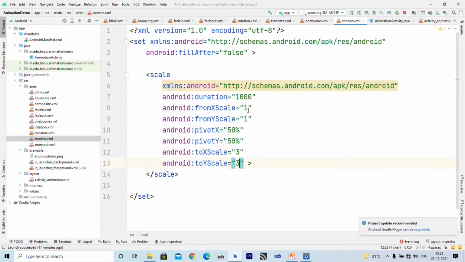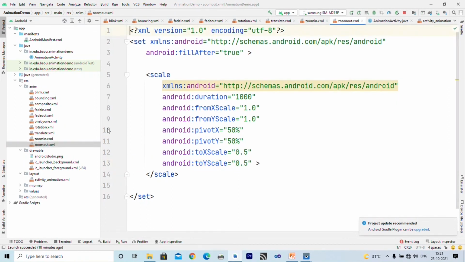So to X scale is 3 and to Y scale is 3. If I write 2, that means I want to make the image size twice the original. So it makes the image thrice larger than the original. This is how zoom in works.